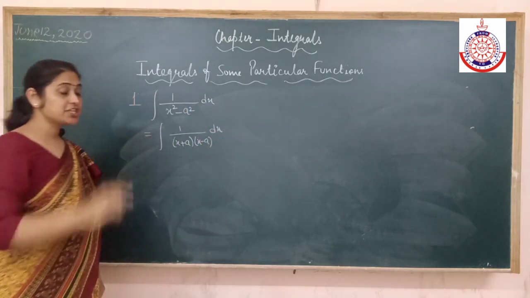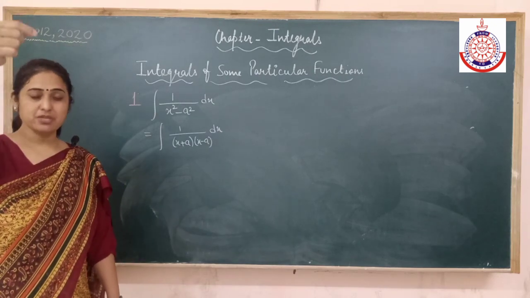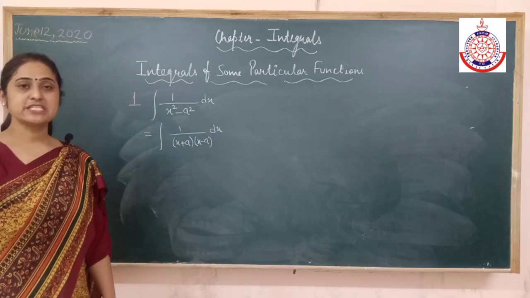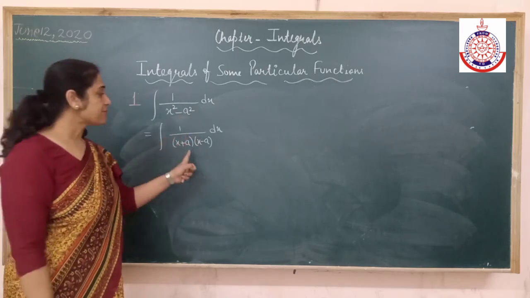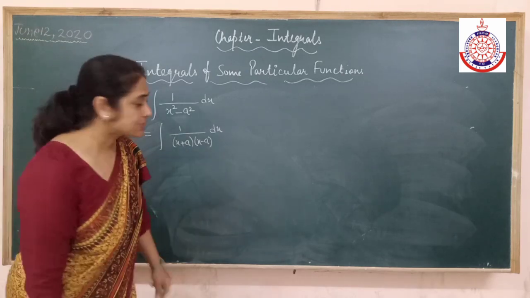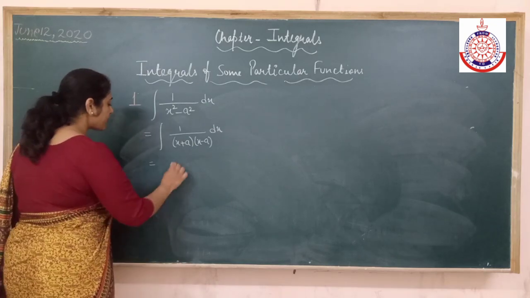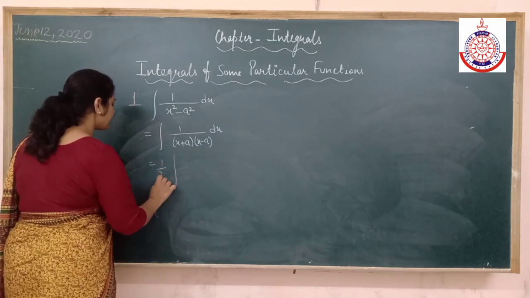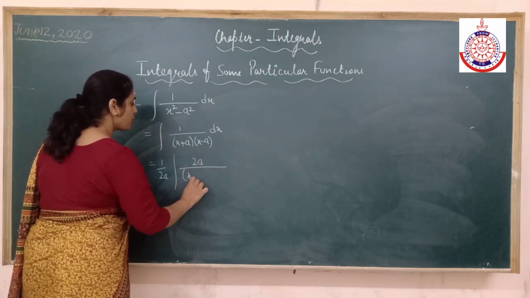Next topic of integration, we will be doing integration by partial fraction. Remember when we wrote the methods of integration, first was integration by substitution, then it was integration by partial fraction. This type of question can be solved directly by partial fractions. That is later. Right now we have not done the topic, so we have to think about it. So what am I doing? Can I multiply and divide by any constant? There is no problem.